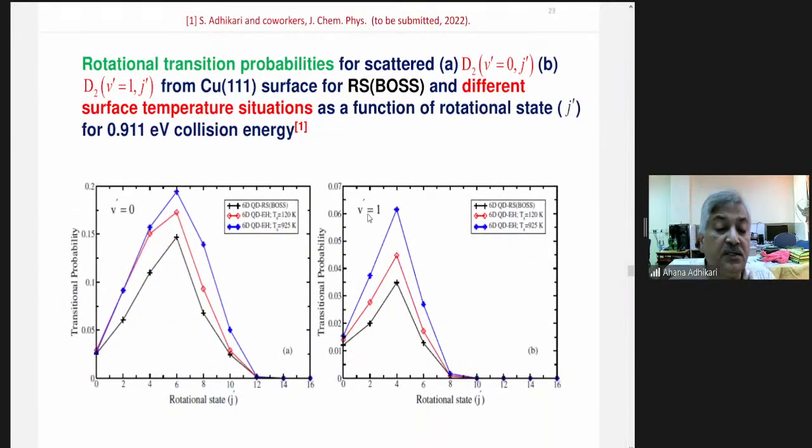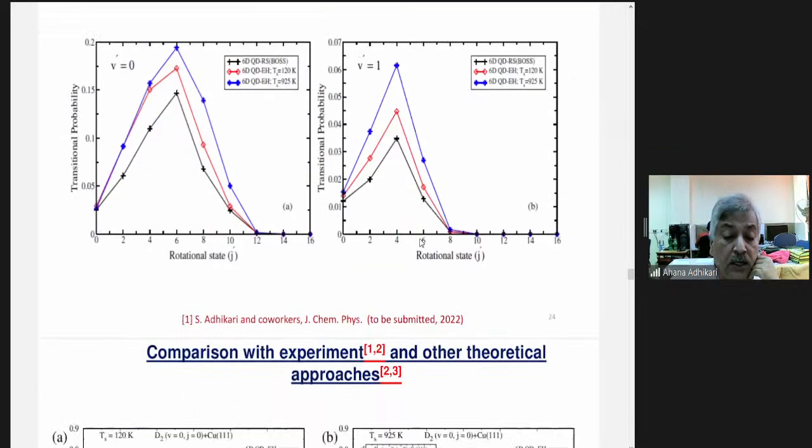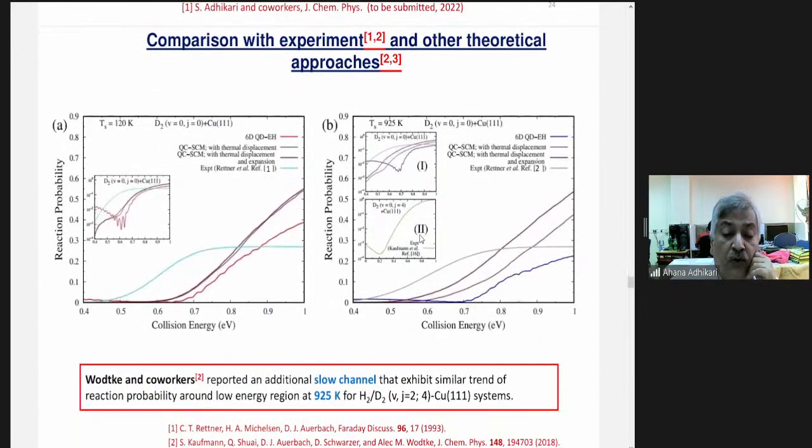And these are the rotational state distributions that indicate the results are fully converged, because they show a maximum at a particular rotational state for a vibrational quantum number. This is for elastic collision, this is inelastic collision, like that. Now, if you go and compare the